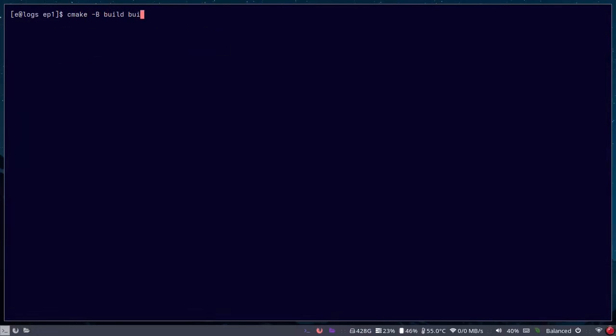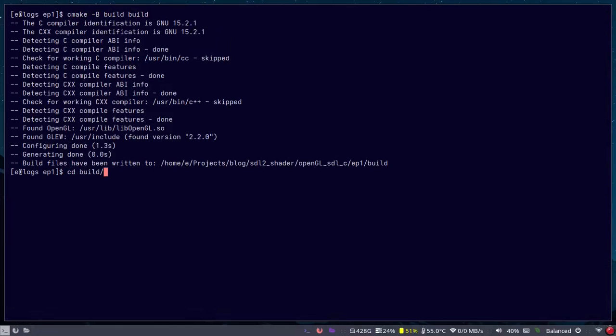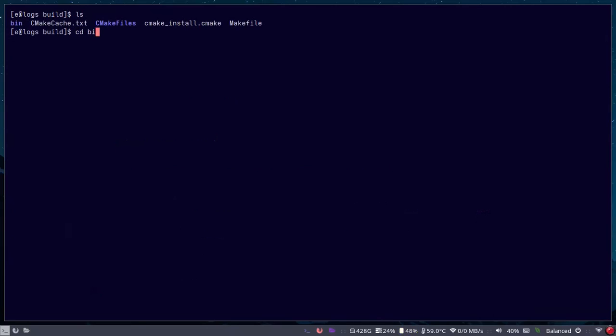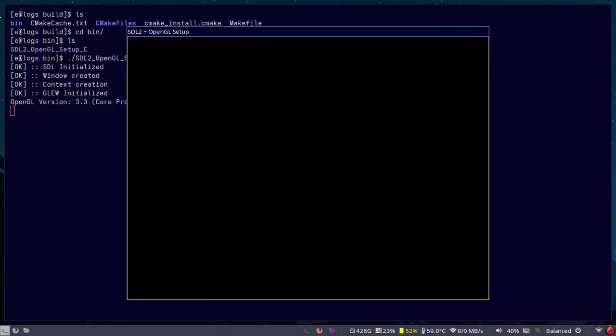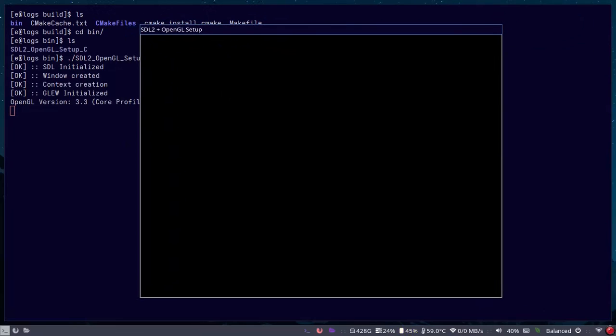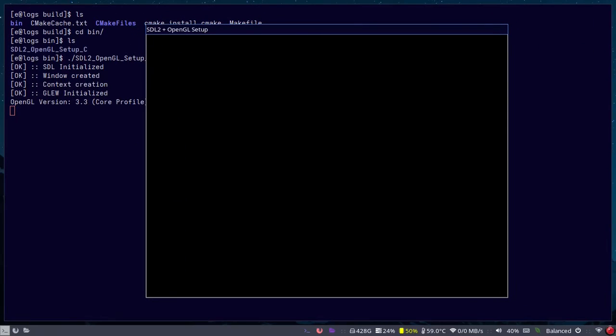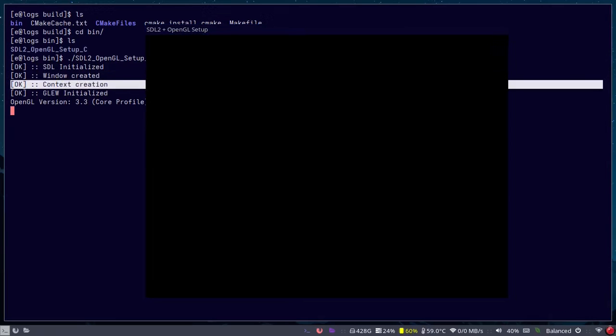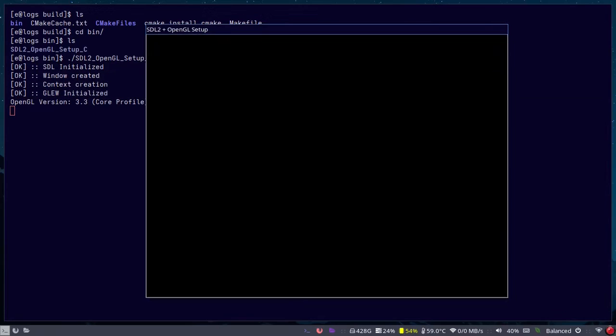So for this log, we're kicking off our brand new mini series on shaders with SDL2 and OpenGL in C. In this first log, we'll set up SDL2 with an OpenGL context, the foundation for all our upcoming graphics and shader experiments. We'll make sure everything compiles, initialize GLEW, print our OpenGL version, and render our